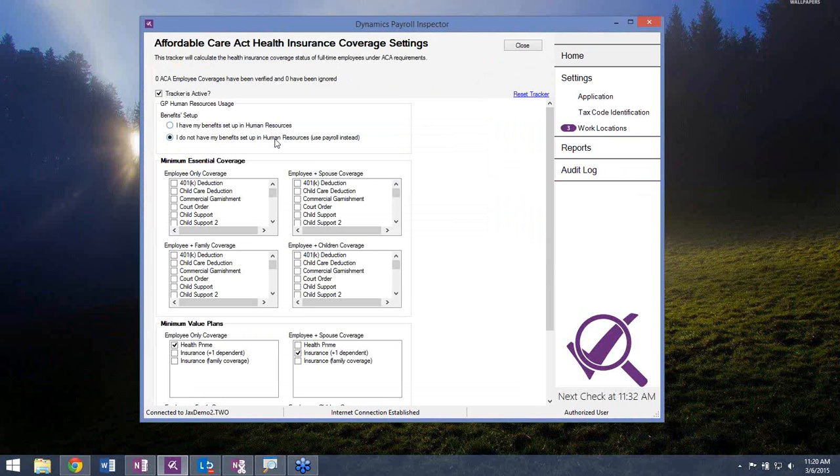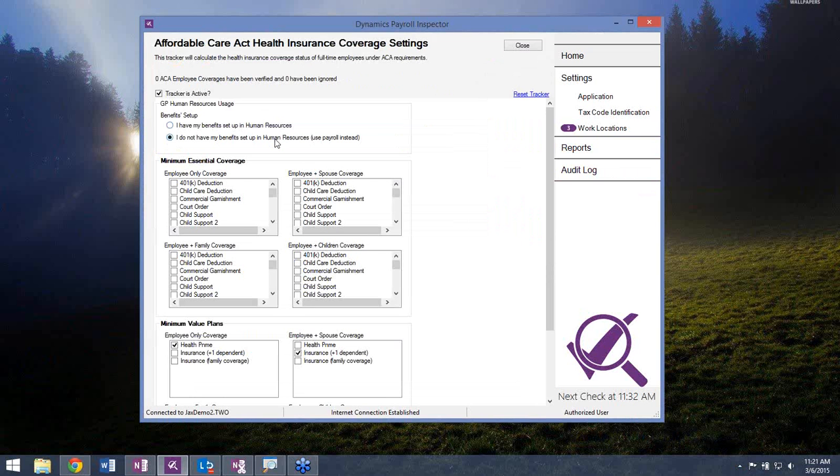So this is a big relief to a lot of our users that don't have the HR module or aren't on 2013 or 2015, simply because this is going to give you another route for managing the Affordable Care Act compliance and storing that information in other places. So there's actually going to be Greenshades tables created in GP for the Affordable Care Act, whether you're using the Payroll Inspector or you're using our Benefits Enrollment module, which we'll get to in a few minutes.